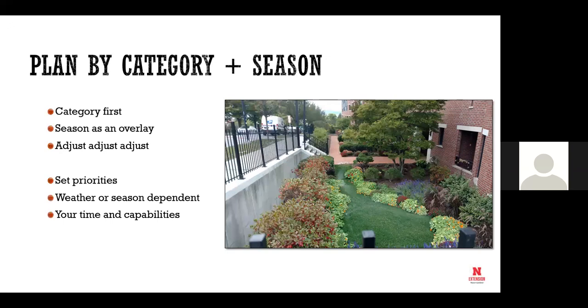And you adjust based on Mother Nature, your time commitment, what you actually have. You have to set priority. And I'm just absolutely the worst in my own landscape. I absolutely know what that task is going to be. And then I go outside, and an hour and a half later, oh yeah, I was going to do that, wasn't I? Now it's dark. So, okay. So time and capabilities are absolutely important too. What time do you have and want to spend?